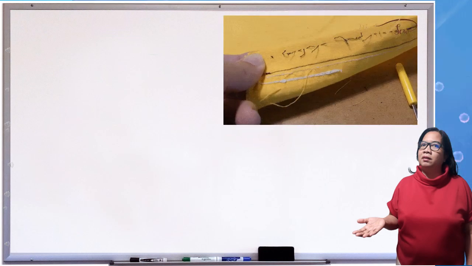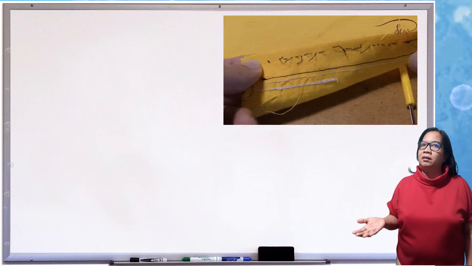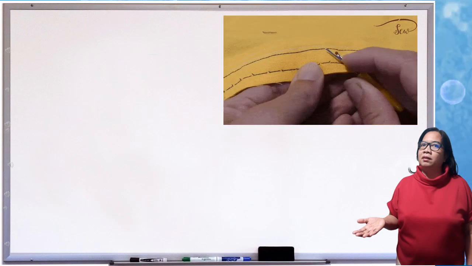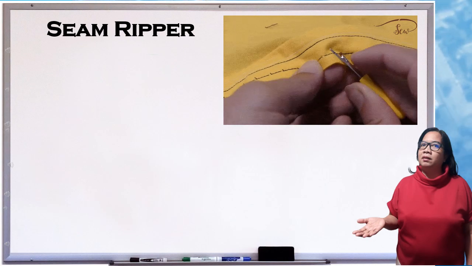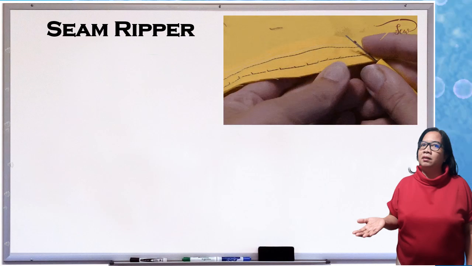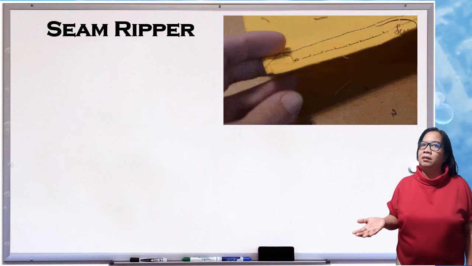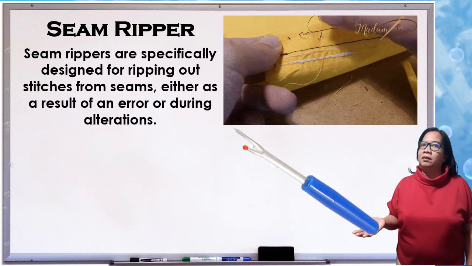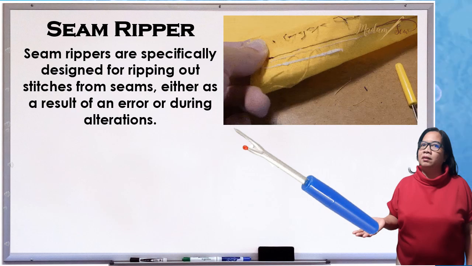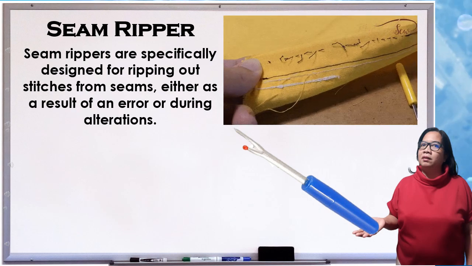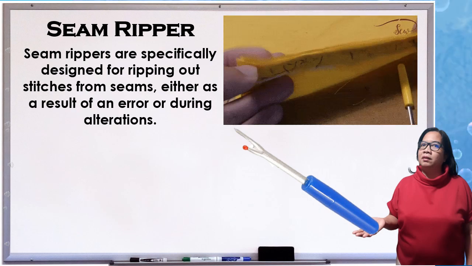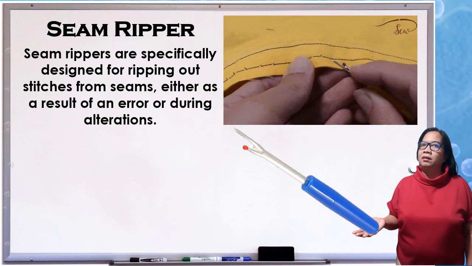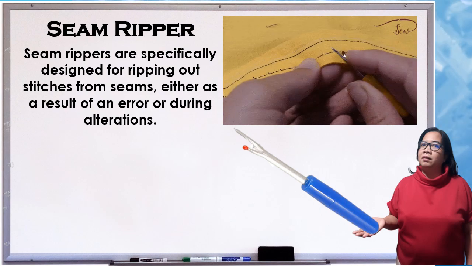Look at this very short video clip. What sewing cutting tool is used in the video? That is correct. This is a seam ripper. Seam rippers are specifically designed for ripping out stitches from seams, either as a result of an error or during